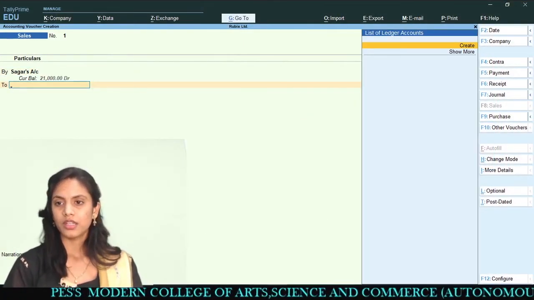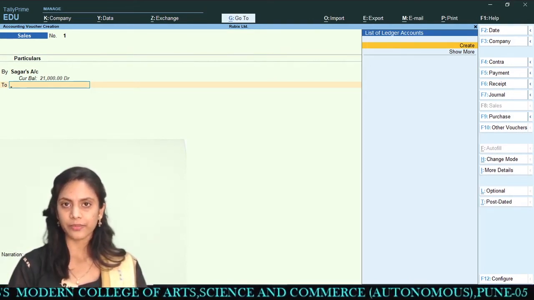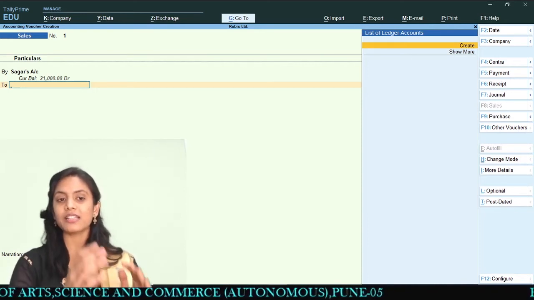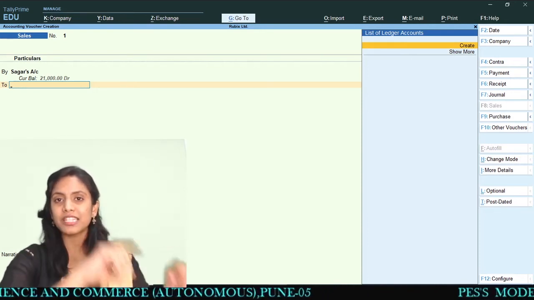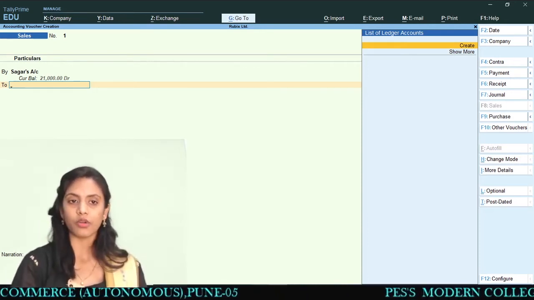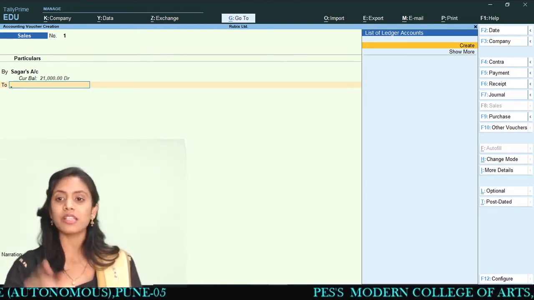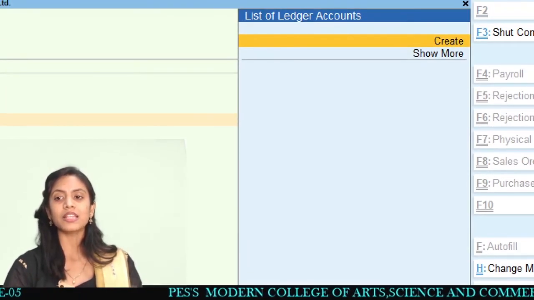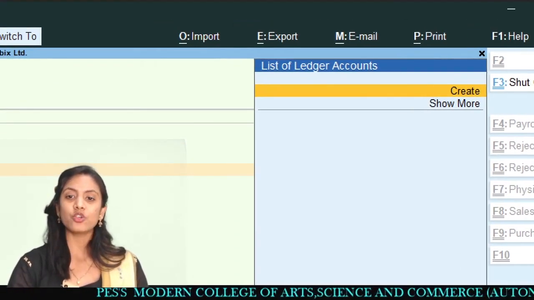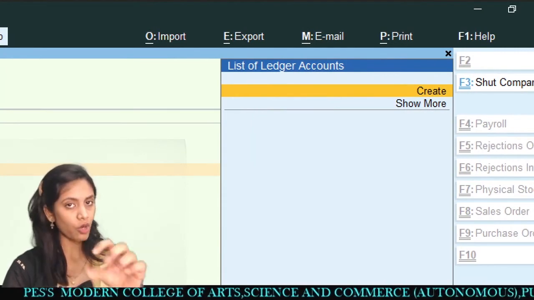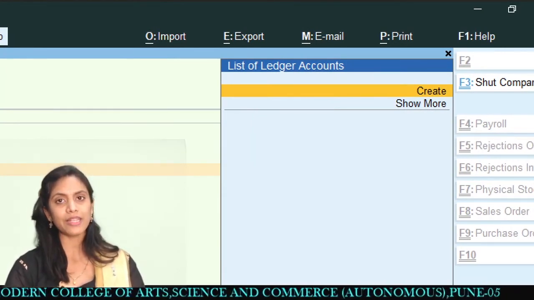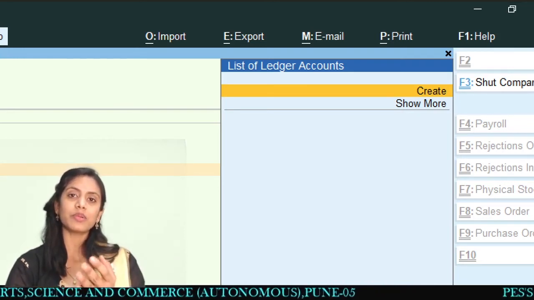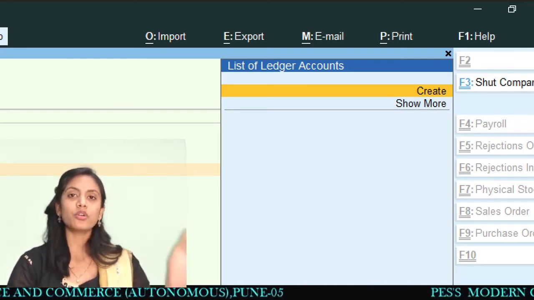And now, once again we don't have a ledger, right? It means that we are in a sales voucher. We created the goods account under the purchase account, and we are in a sales voucher, and that's why they are not showing us the list of ledgers. You can see there is nothing in the list of ledgers. You can use the create option at this time while doing the voucher entry, or you can create these ledgers before doing the voucher entry.